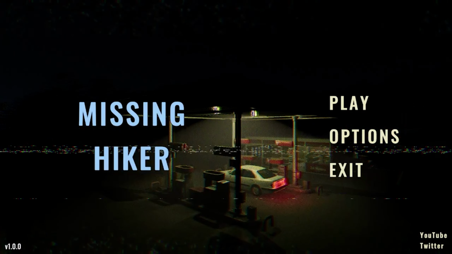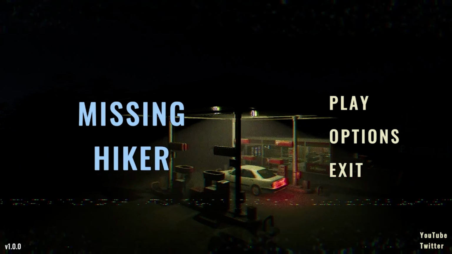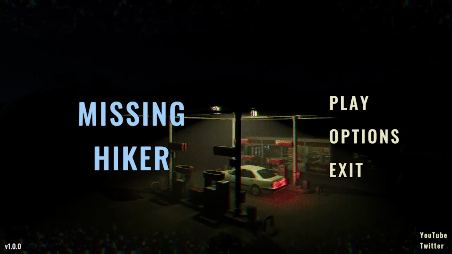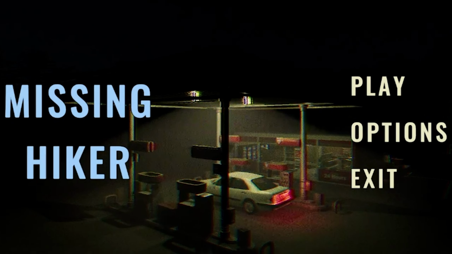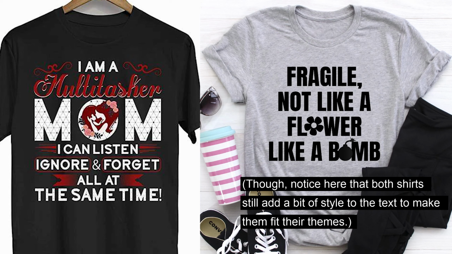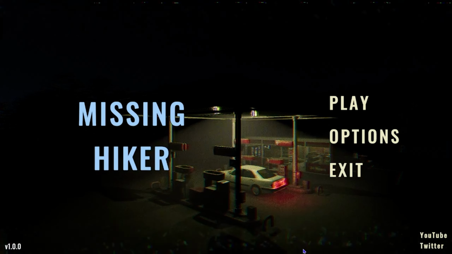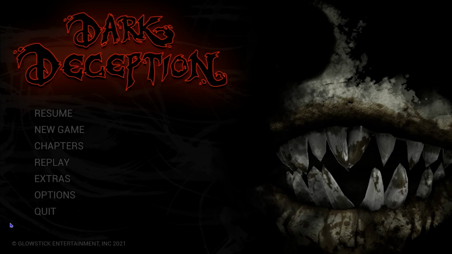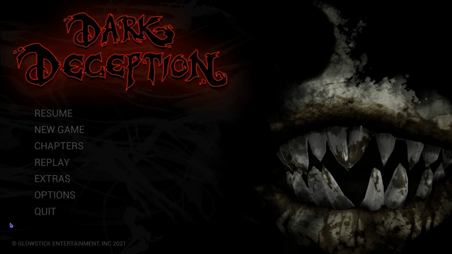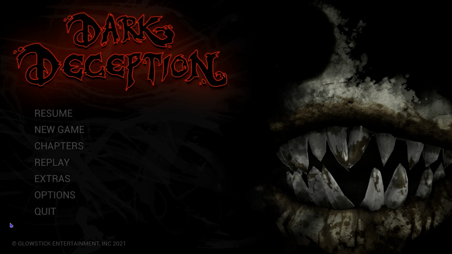The only critique I would add for the menu screen is that the text font used here absolutely does not fit the game's aesthetic. The font I see here would be something I would see on flashy advertisements or maybe worded t-shirts, but definitely not in a horror game. Take Dark Deception for example. Not like the font used there should be the same in this game, but you see how the font the